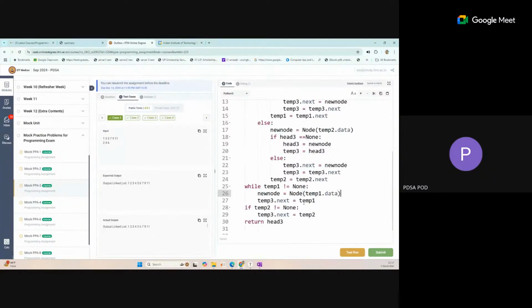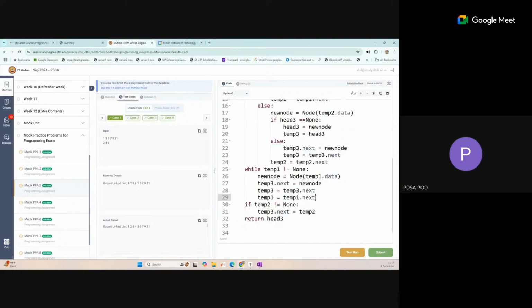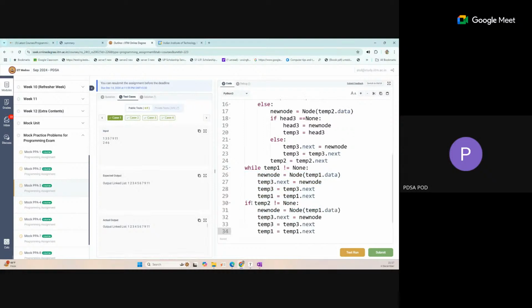Okay, and we will set our temp3.next equal to new node. And we will set our temp3 equal to temp3.next. And we will move our temp1 equal to temp1.next. Okay, so this is done inside the while loop. Same things we will do with the next case also. So while